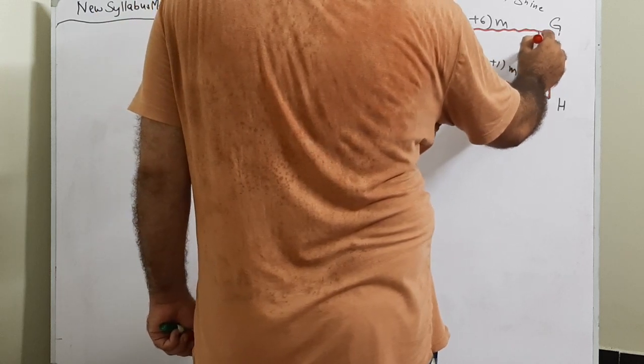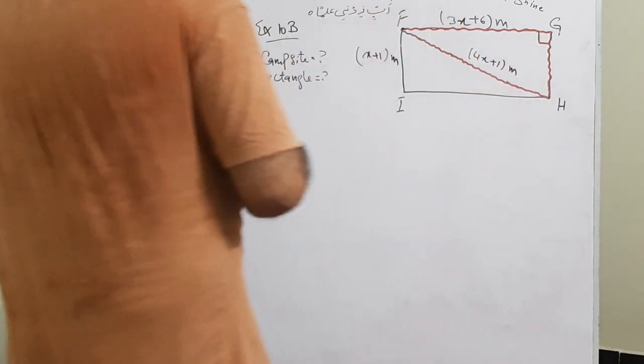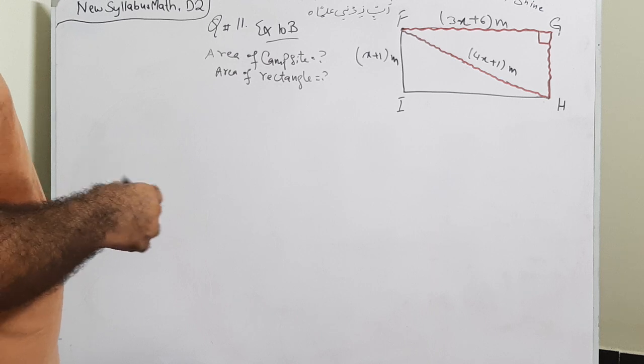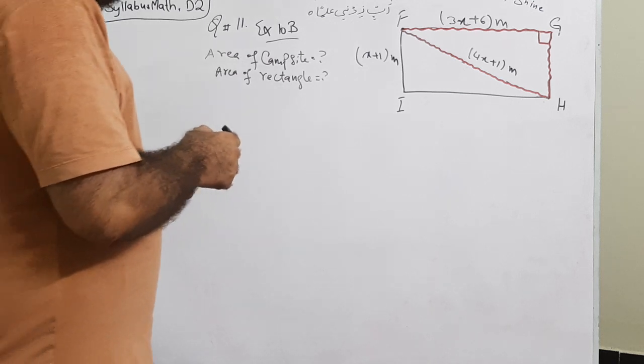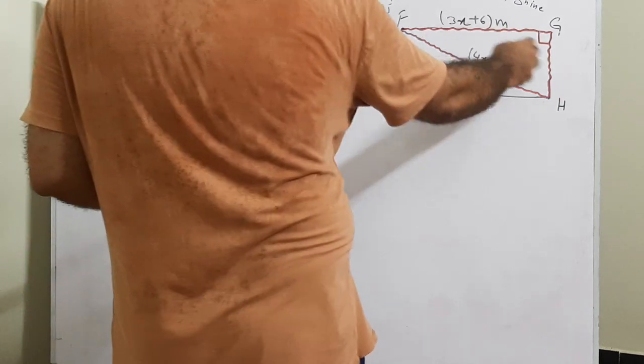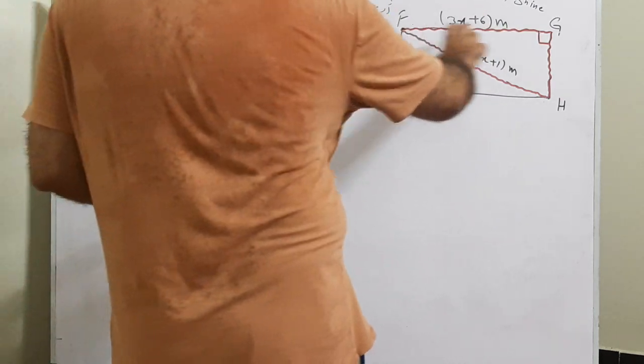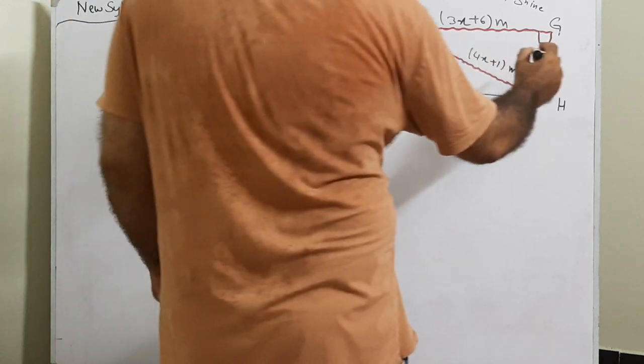So if this is 90 degrees, this is a right angle triangle. So here we already have all three sides with us. How? Because opposite sides are equal in a rectangle. So this side is equal to this side. So this is also x plus 1